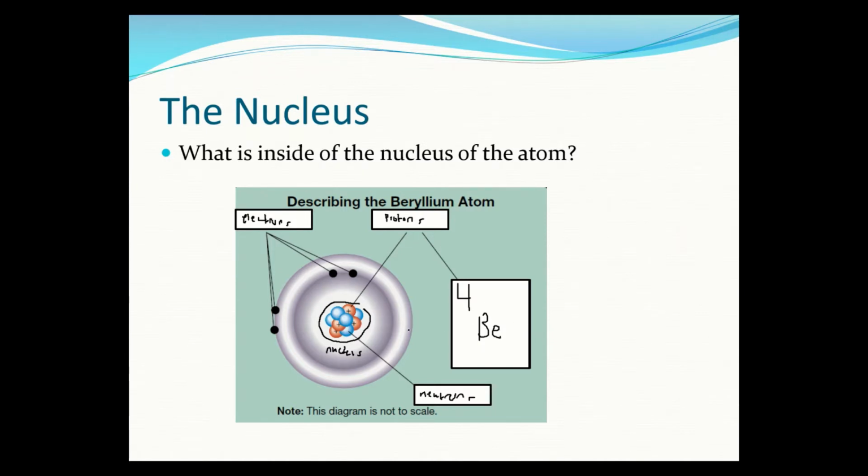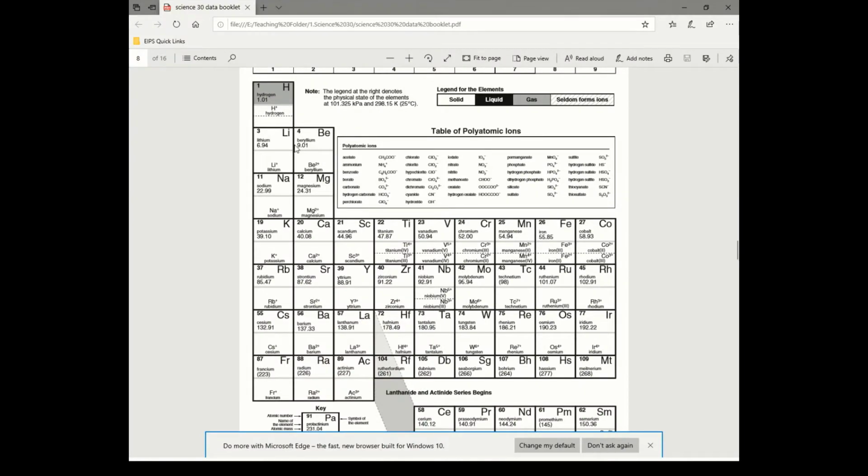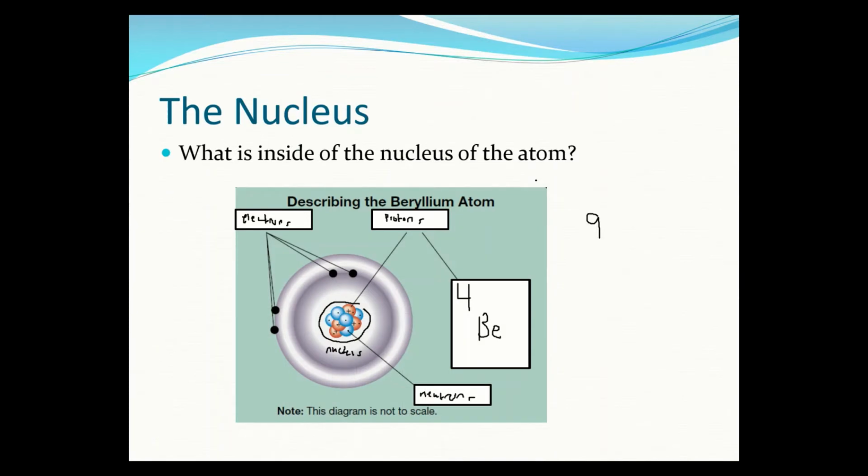Okay. So the mass of an atom, and this is a beryllium atom, comes from the nucleus. All you have to do to find the mass of beryllium is count up how many nucleons there are. Neutrons and protons are found in the nucleus, so they're both nucleons. So we have 1, 2, 3, 4, 5, 6, 7, 8, 9. So this beryllium would have a mass of 9, because it's got 9 things in the nucleus. That's it. But when we look at our periodic table, you'll notice that it says the mass of beryllium is 9.01. And that's because